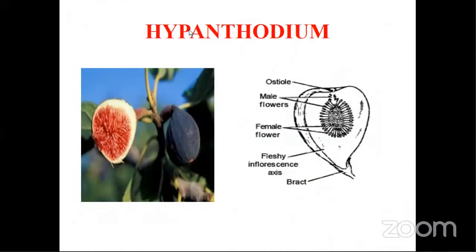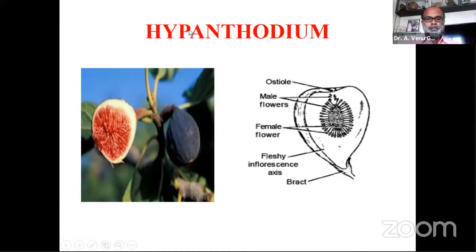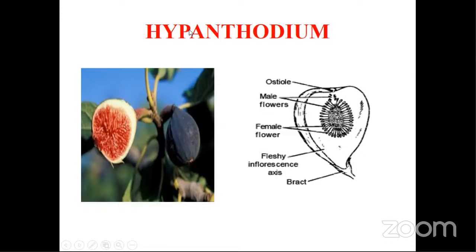Students, what we have learnt so far is the morphology of flowering plants, that is angiosperms. We saw the root system. We understood the part of the plant under the ground is the root system. Root system develops from the radicle, and the part of the plant above the ground is called the shoot system. Shoot system develops from the plumule of the embryo, and the shoot bears nodes and internodes. The leaves, the axil is the angle between the stem and the leaf. We saw the arrangement of leaves and the veins and veinlets in the leaf,